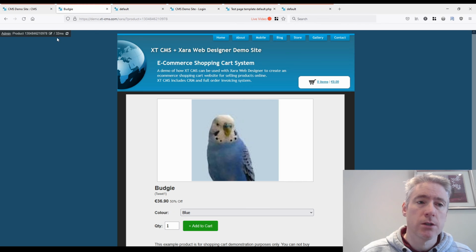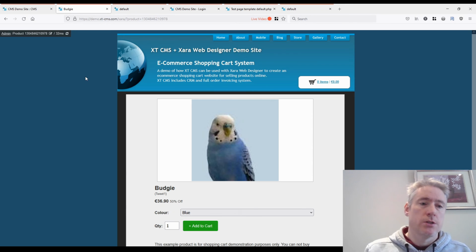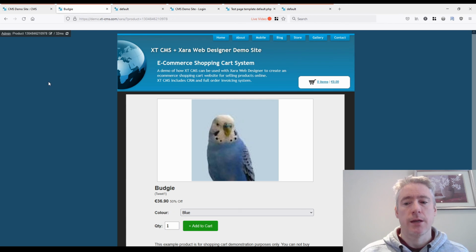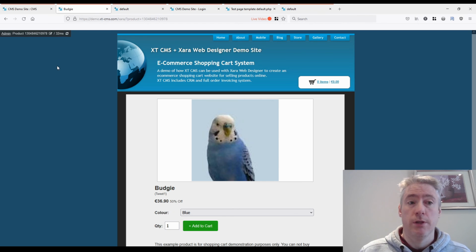So it's not the total page load time, because once it comes to the browser, the client has to retrieve, download the files, display them, and all that. So this is purely just the response time on the server as to how long it takes the CMS to process and have the data ready for output. So 32 milliseconds is really fast.